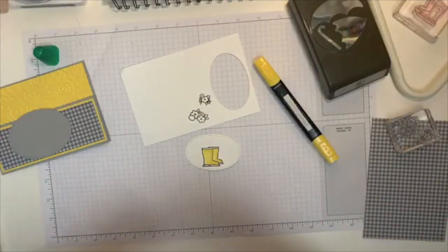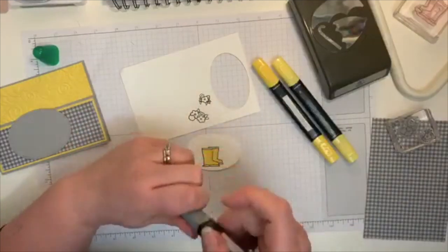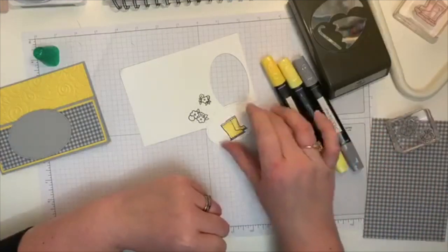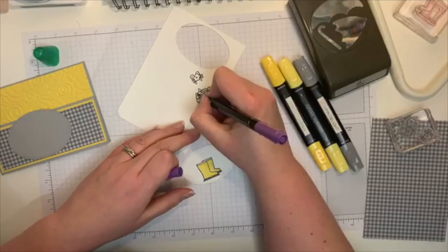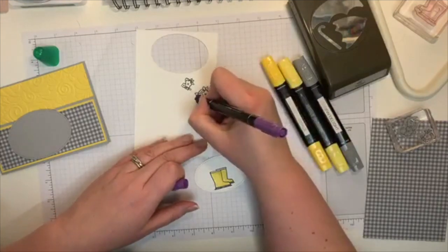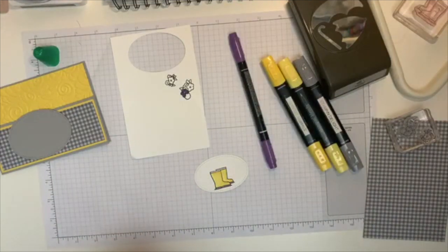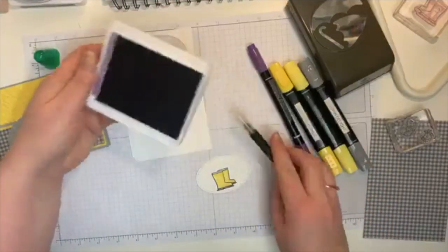So I think I'll just colour them in, and then I might just grab the smoky slate blend and just colour in the bottom of my boots. Like so. What do we think? They look quite sweet, don't they? So I'm just going to colour these in. I picked out the gorgeous grape Stampin' Write marker. Obviously you could do these in whatever colour you want. I just thought a little bit of purple might lift them. In fact, I might actually use a blend just to get a different shade of it. So if you've got blends, obviously, then blender pens, and you've got ink pads and you haven't got...